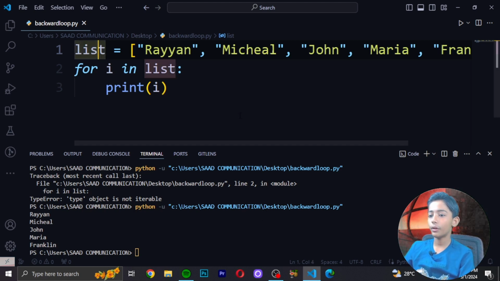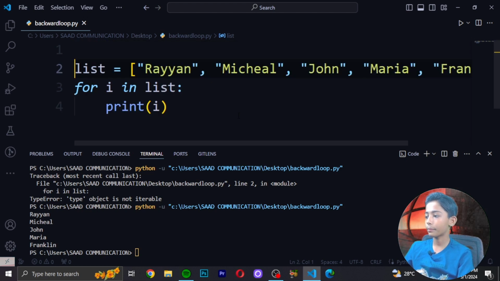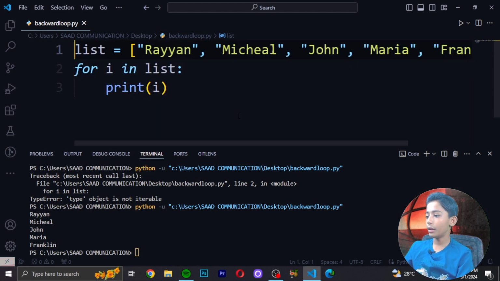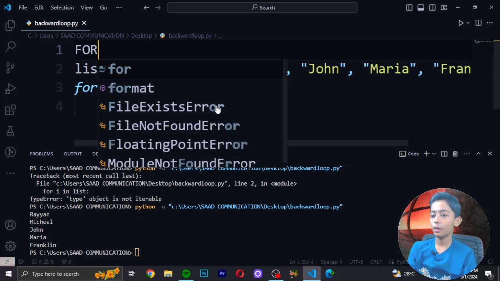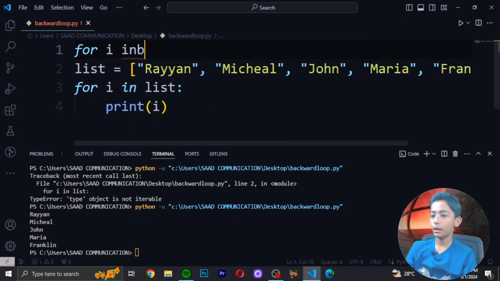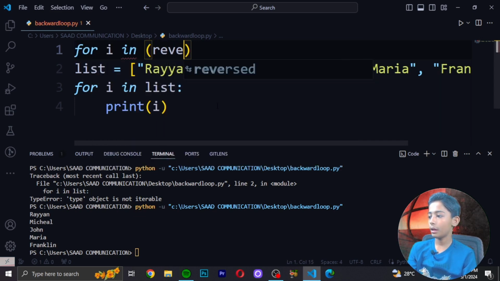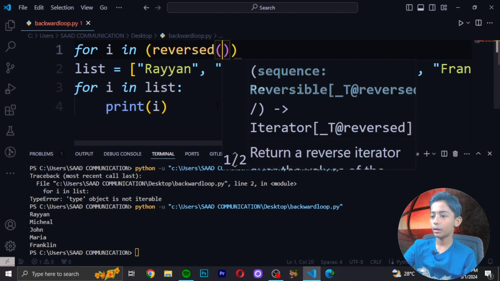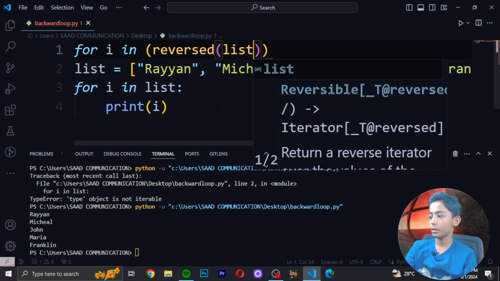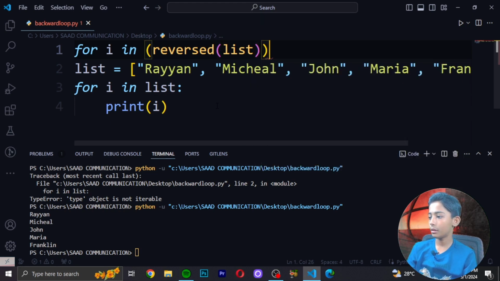In here, first of all, what you can write is for i in reverse list, then do like that, then do like this, and erase that and erase that.